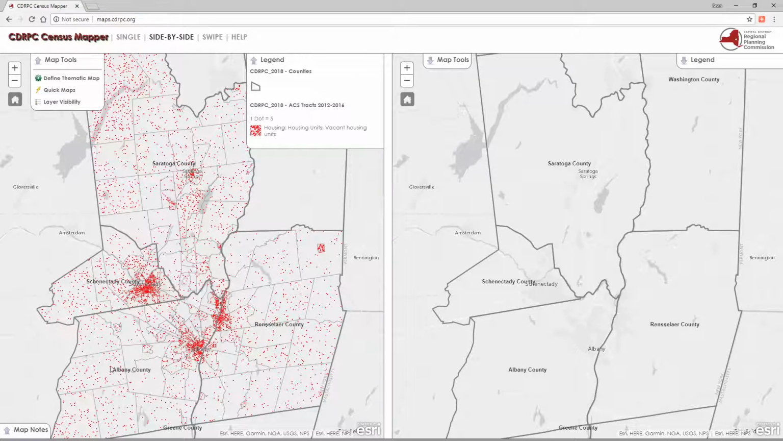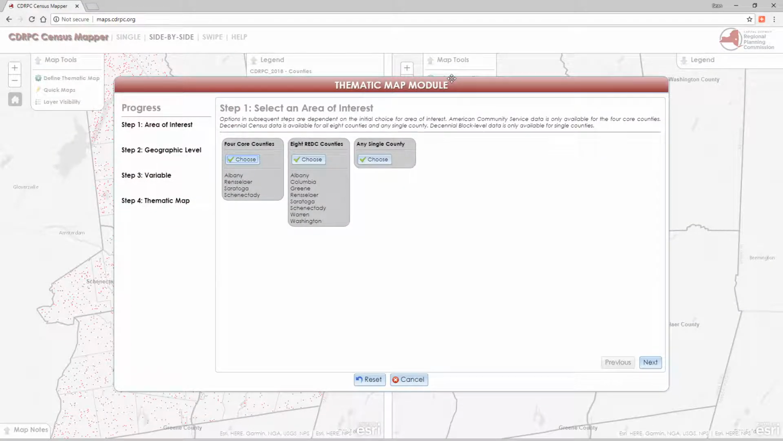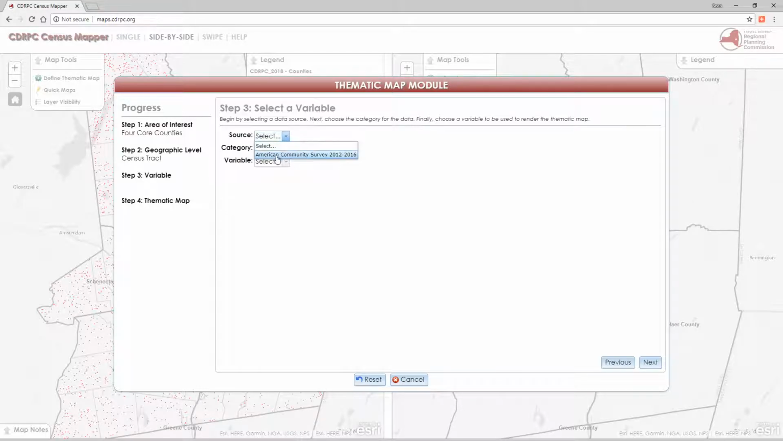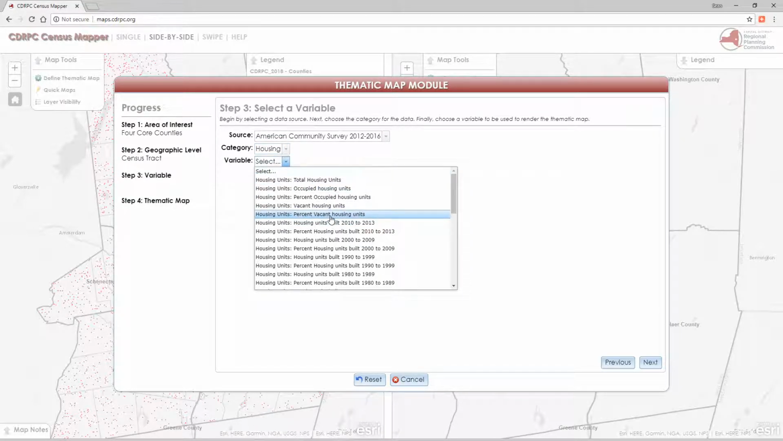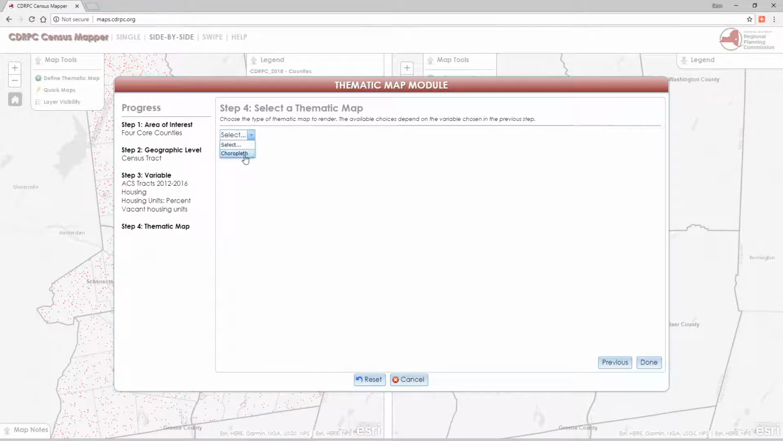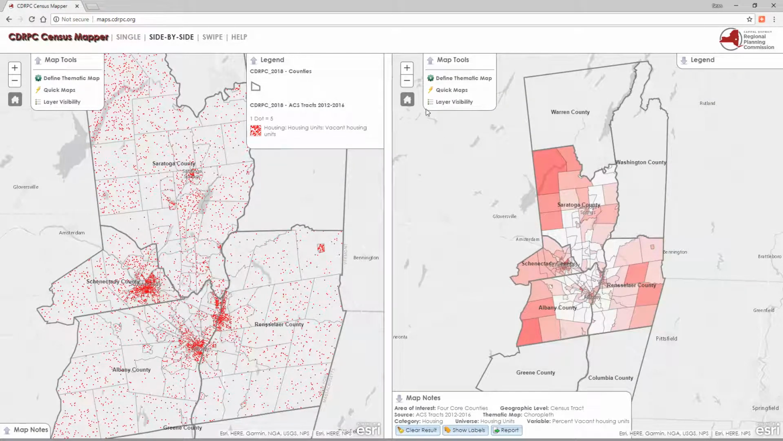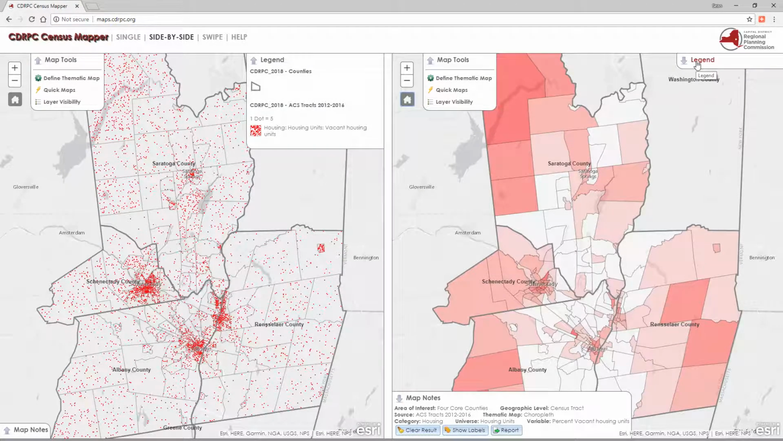of the map. So what would be comparable then would be to create a map on this side, going through the same procedure, choose the 4 counties, choose census tract, the American Community Survey. We'll choose housing again. We'll choose the same variable, but we'll do it a little bit different and do the percent vacant housing units. And in this case, the only choice is a choropleth map. I'll zoom into that, open the legend,